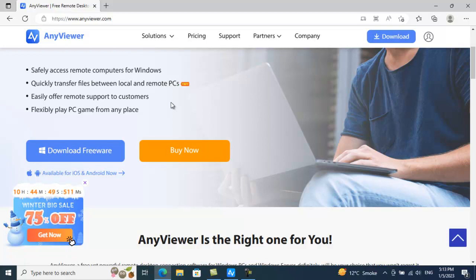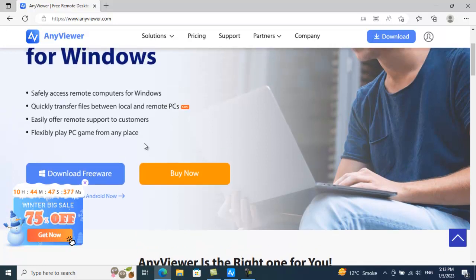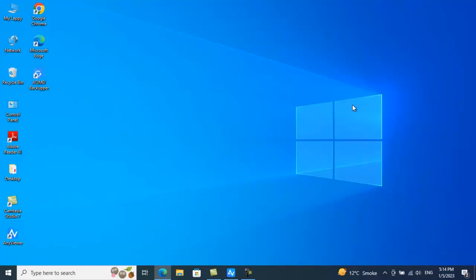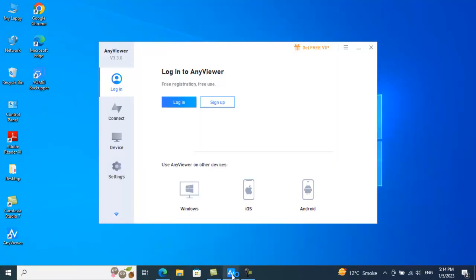Now, if you want to download the software, click on download freeware. I have already downloaded this software and you just need to install it, and I have done that part already, so I will be opening this software, AnyViewer. So this is the window of AnyViewer, which is running on version